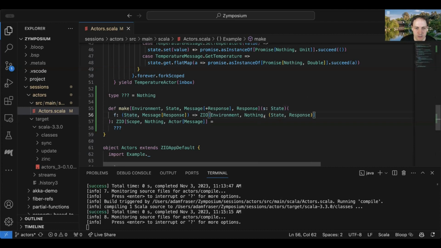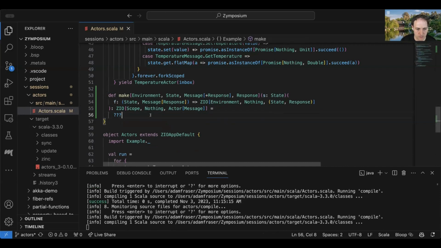And now I think this looks pretty good. What an actor does is we can send it messages, and every time we do, it's going to take whatever state it has, or the initial state if it's the first time it's being called. And it's going to take that and the message, and just apply this function to it. And it's going to return back a new state and a response. And it's going to send the response, at least if it's the ask. If it's the tell one, we won't even bother sending the response. And it's going to update the state. So that's what we got here. And now we can get rid of this thing, which is nice.